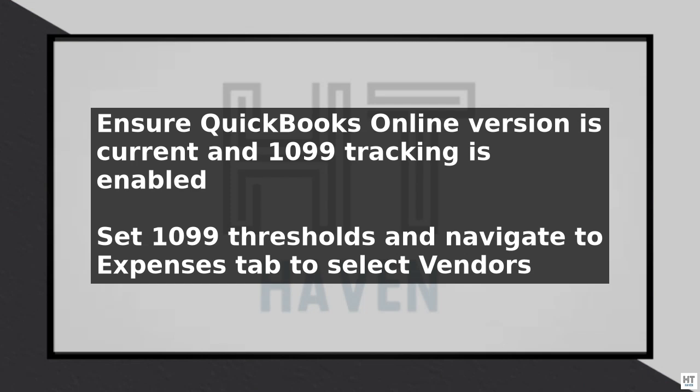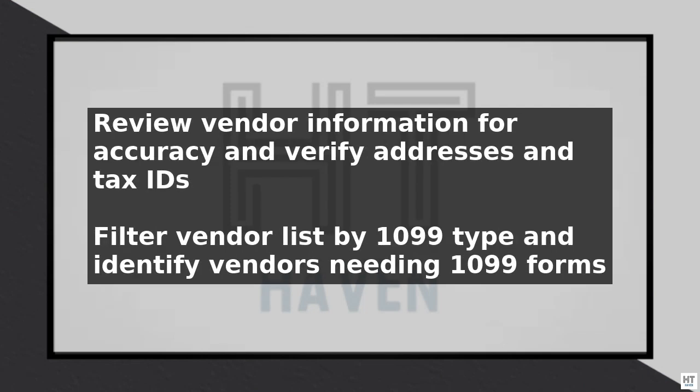Begin by navigating to the Expenses tab and selecting Vendors. From here, identify the vendors who need to receive a 1099 form. Typically, these are vendors who have been paid more than $600 in a calendar year for services. You can filter the list by selecting the box next to 1099 and then choosing the type of 1099 form